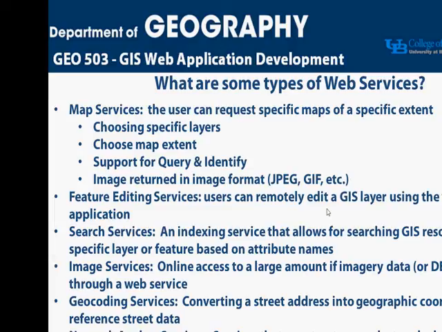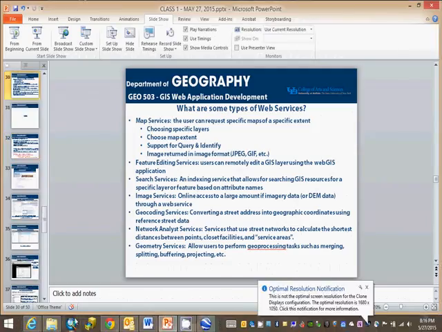Specific types of map services is another. It's important to mention. We all think of web services as serving up a map. I mean, I think that way because that was traditionally what they are. And I think all the examples that I gave you were map services, where you're asking for specific layers. Google Maps is a map service, or so is